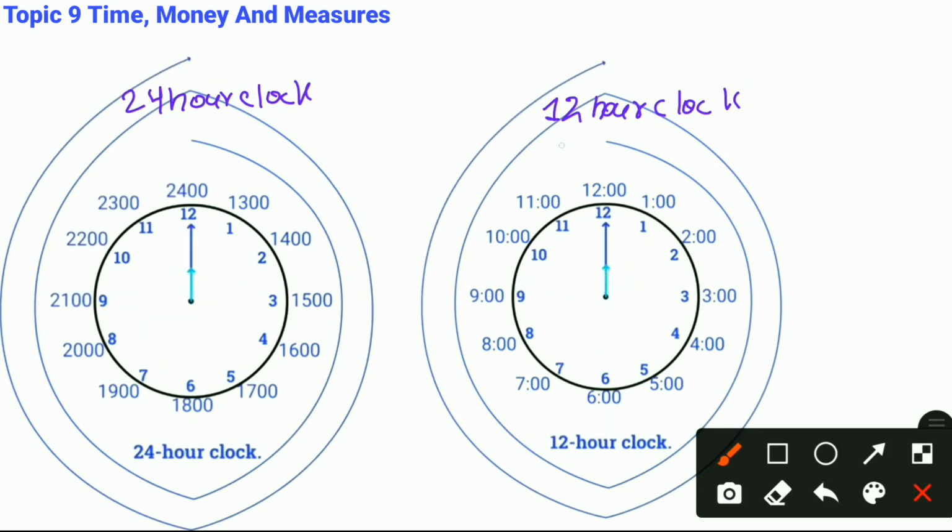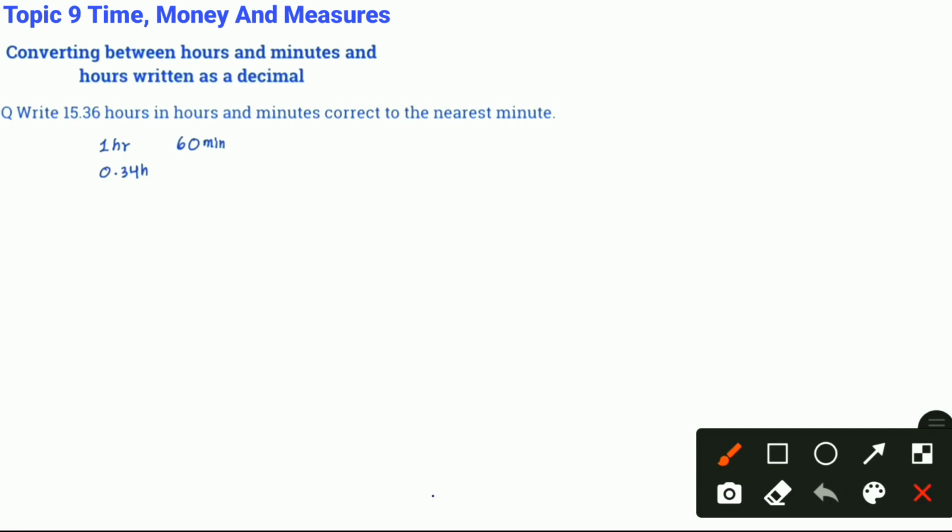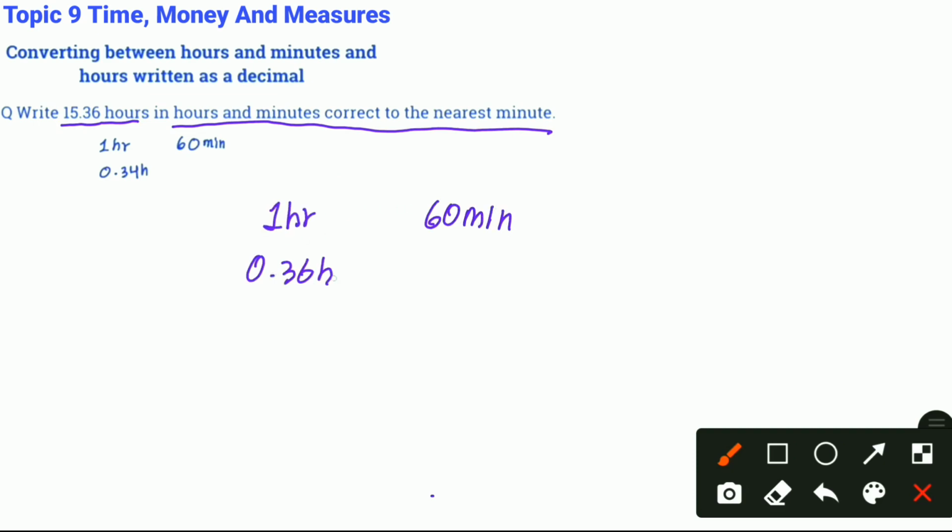This is the 12-hour clock, 24-hour clock. Converting between hours and minutes and hours written as decimal. Write 15.36 hours in hours and minutes, correct to the nearest minute. In order to write it down, since we know that in 1 hour there are 60 minutes,